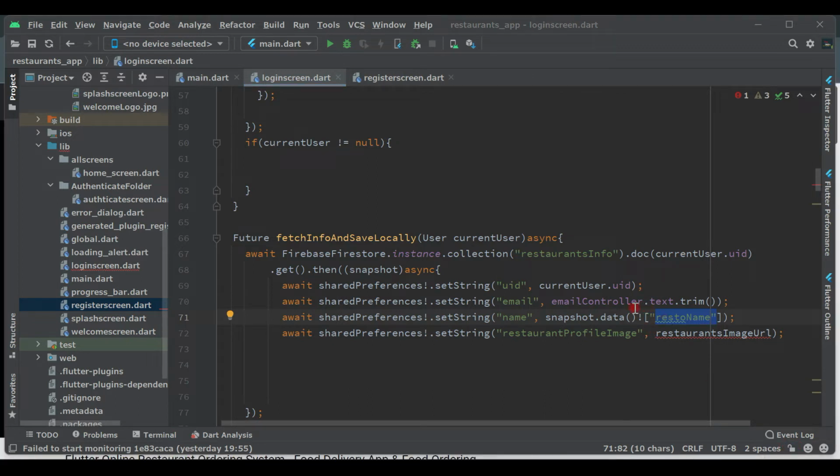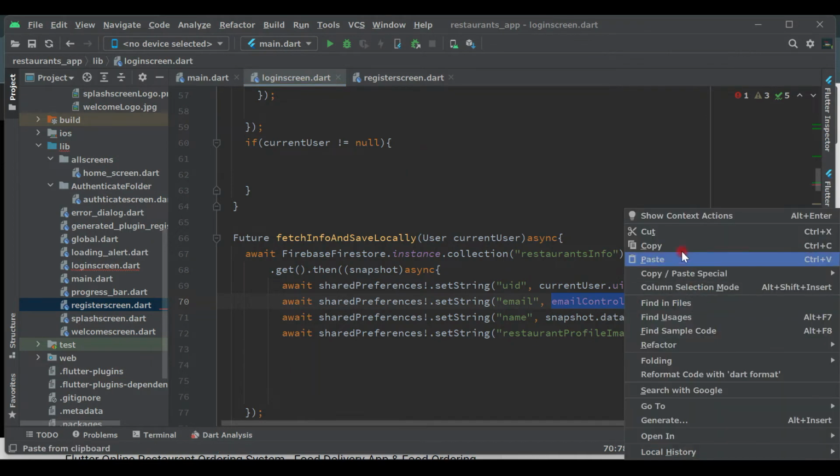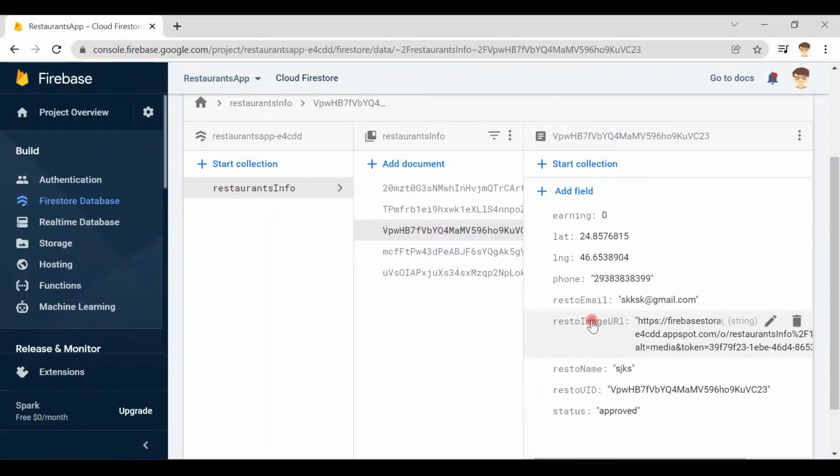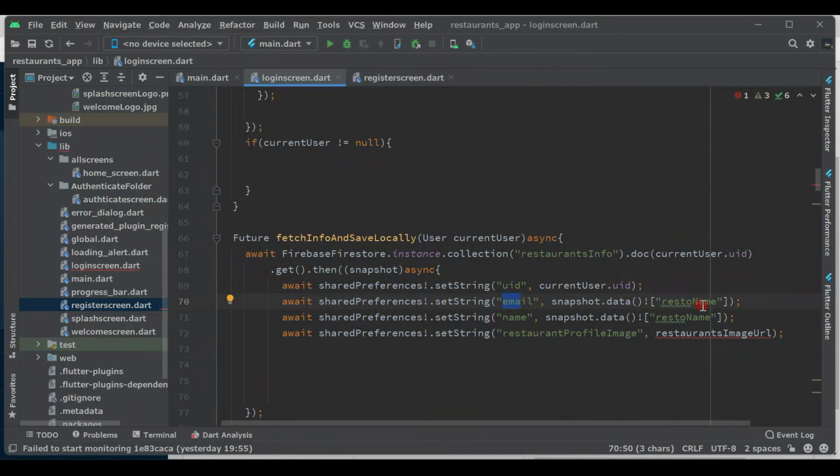Or instead of using email controller.txt, you can fetch the data from snapshot also, like we did here. So simply you can just copy this and paste it here like this, and here the email, let me show you what is the name, resto email. This is the resto email name. So let's fetch this, come here and write here resto email,